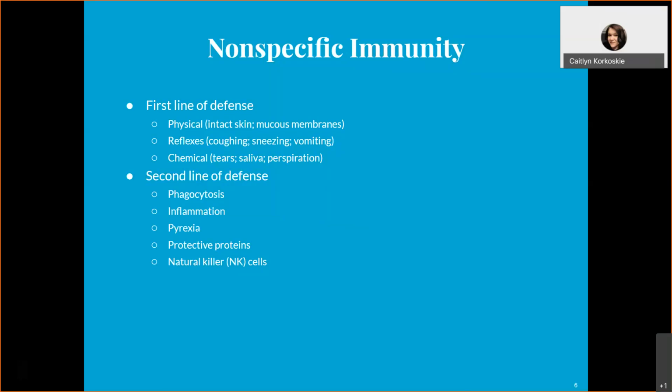So it's trying to get it out first. That's kind of like your first line of defense, is your body trying to get rid of it itself by doing things like your eyes tearing up, so any pollen or anything that got in your eyes, it's trying to flush out. And then if this doesn't work, it starts with the second line of defense. So your body's immune system is kind of kicking in to help get rid of